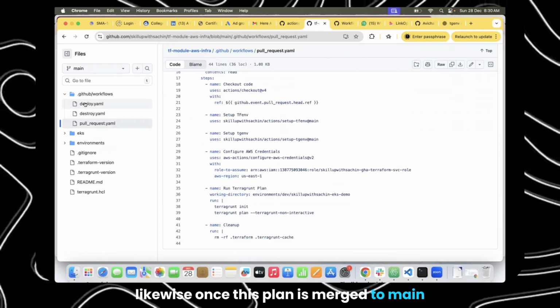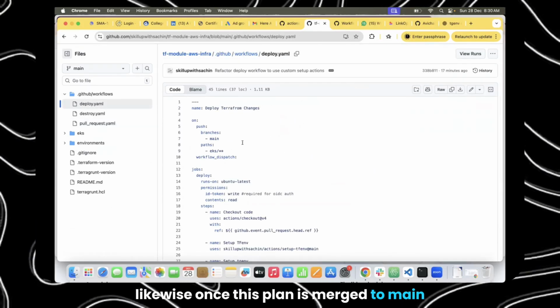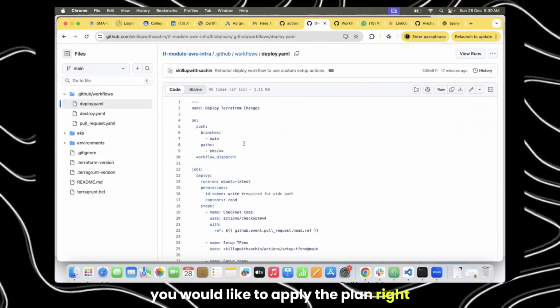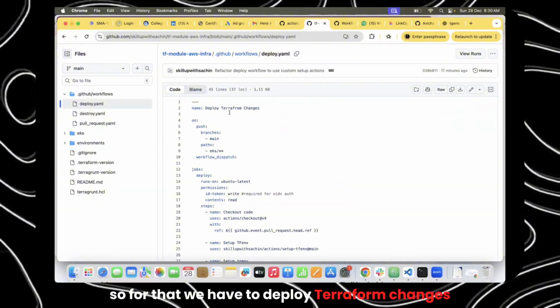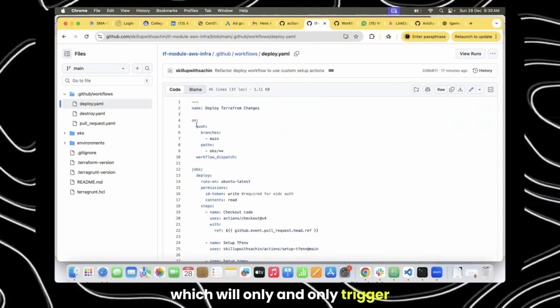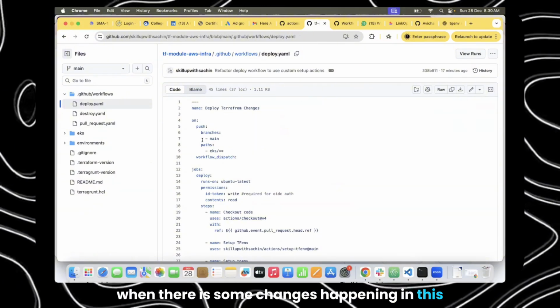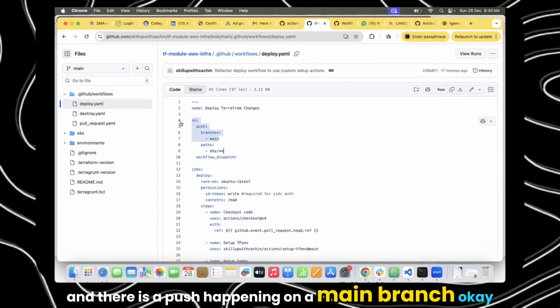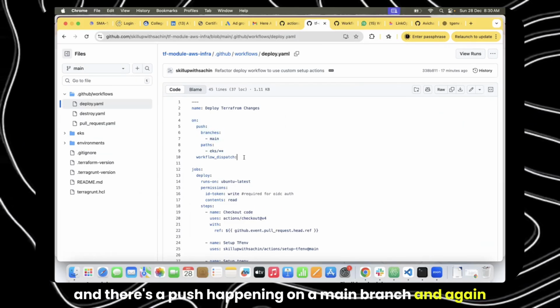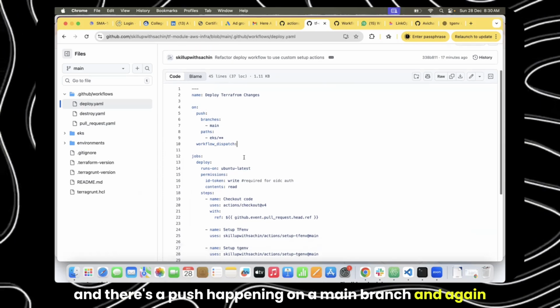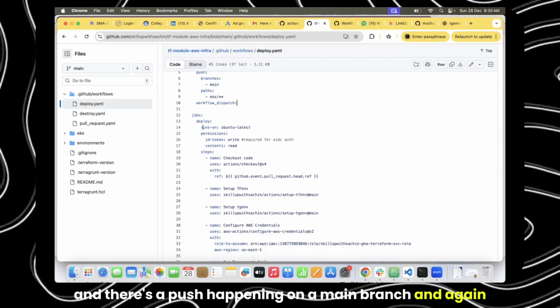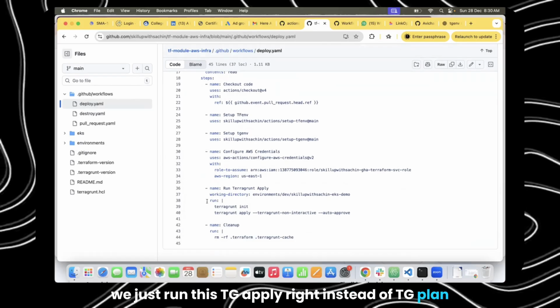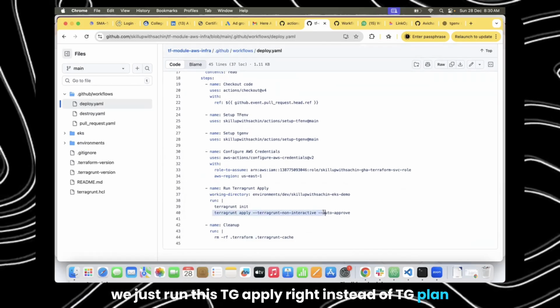Likewise, once this plan is merged to main, you would like to apply the plan, right? So for that, we have to deploy Terraform changes, which will only and only trigger when there are some changes happening in this EKS repository and there is a push happening on the main branch. And again, the entire other things are going to remain the same. We just run this tg apply,